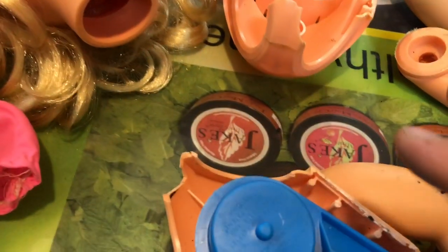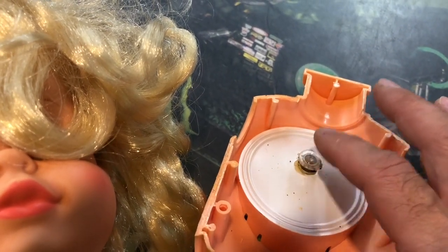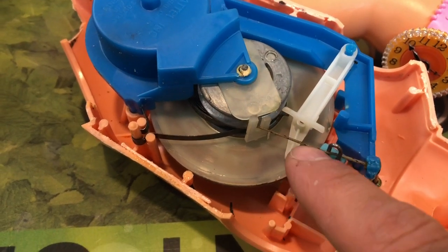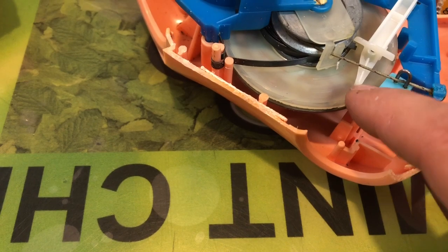Once you get the head off, what you have in here is a speaker. And you can see I could just touch that. It's a little speaker is what that is. And what you have in here is like a little record player. And the record player has a needle. This string right here was actually under, it had jumped, and the needle, I'll try to go down in here so you guys can see